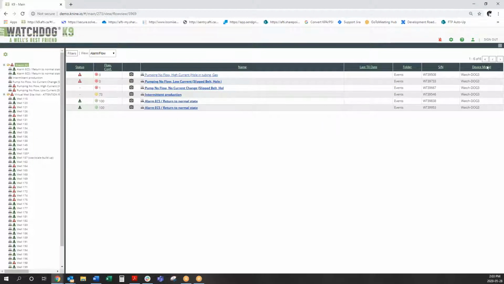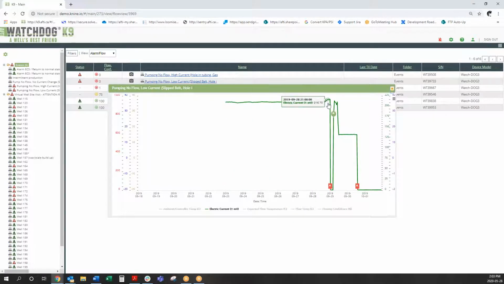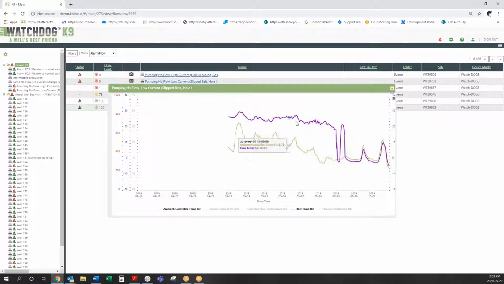Let's check out the next one. So we're going to go to a lower electric current. Aha, this is classic. Electric current, we see a drop, and once the well comes back on, we see it drop almost in half. This is a classic pattern of slip belts or parted rods, hole in the tubing or gas locking. What we'll see is, with temperature, it's a higher producing well, there's lots of separation, perhaps producing somewhat intermittently, but